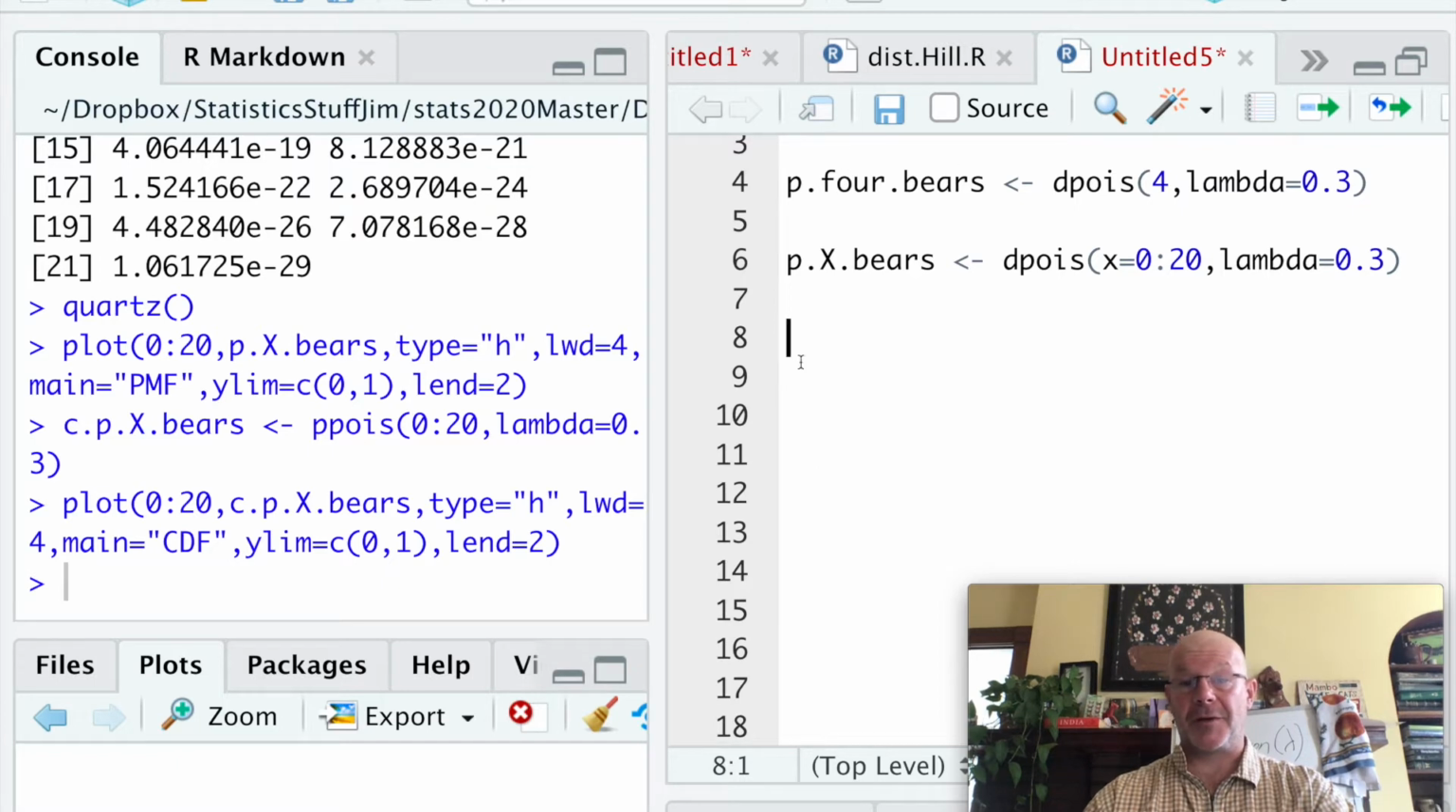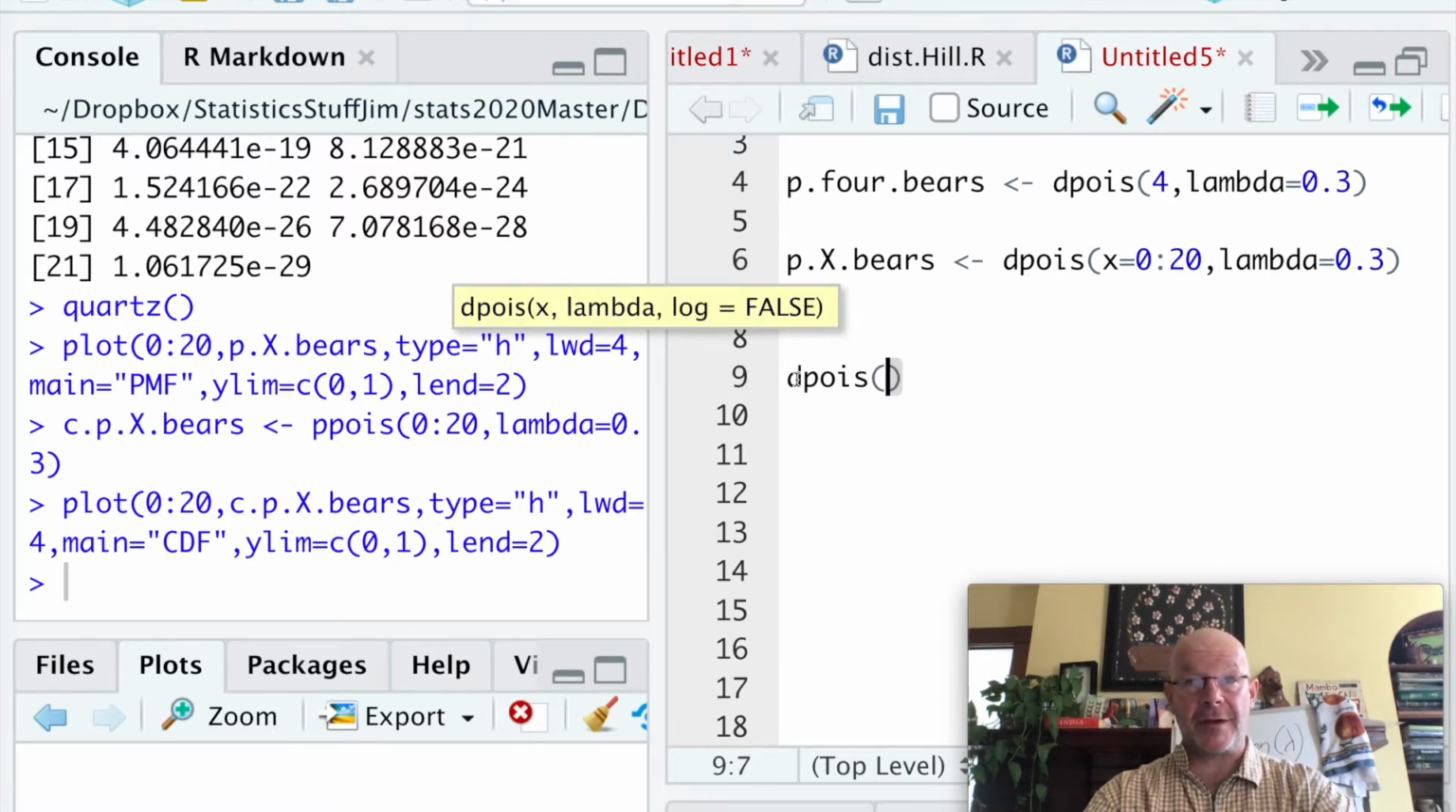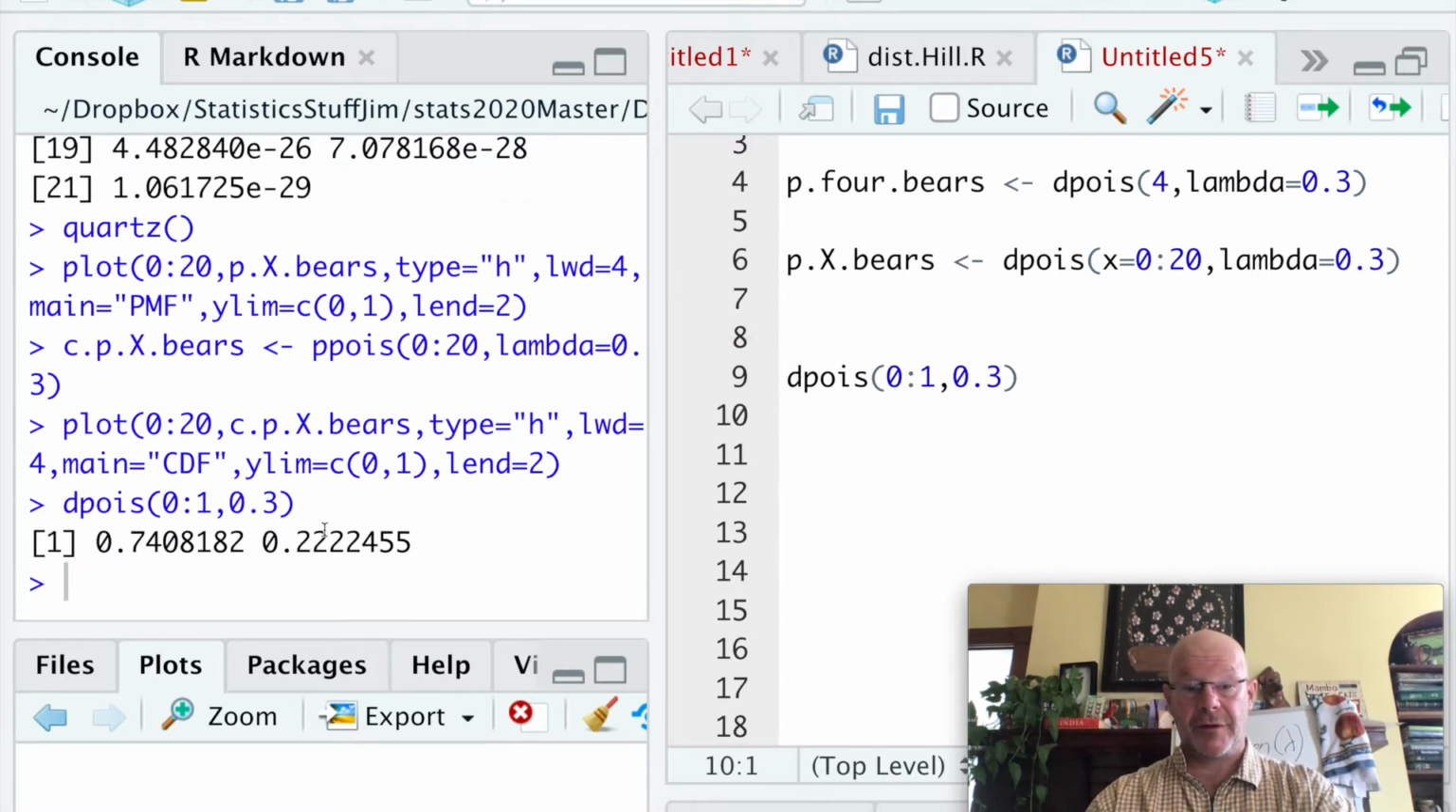So we've already got the probability of there being 4 bears, let's say. We could ask, what's the probability that a sampled hectare would have 1 or fewer bears? And so there are 2 ways we could do that. We could first pull up Poisson, and we could ask 0 or 1 bears. So we'll give it 0 or 1 bears, and lambda is 0.3. So those 2 numbers, right? This is the probability it's in 0. This is the probability it's in 1. And so if I take the sum of that,